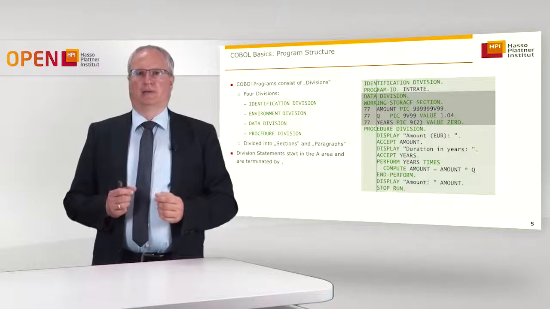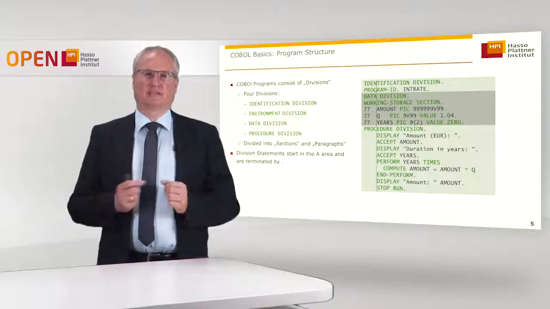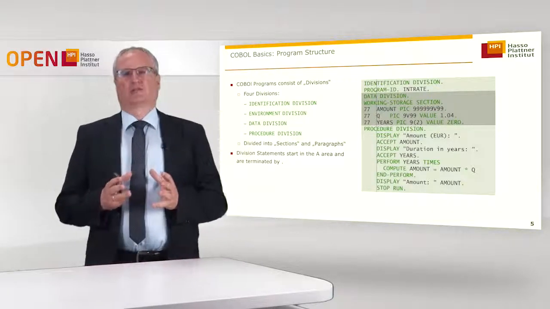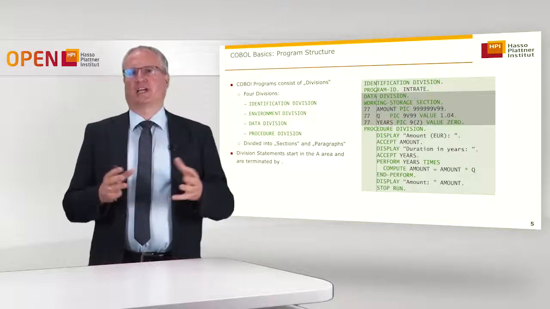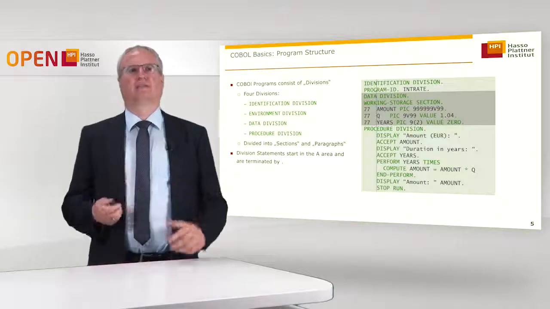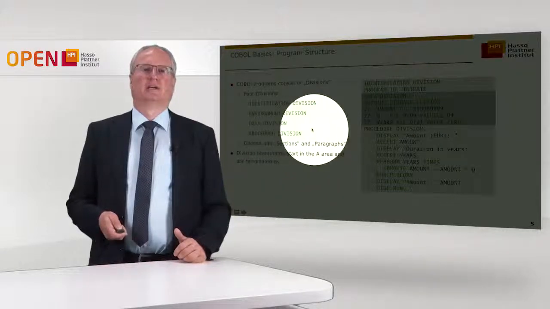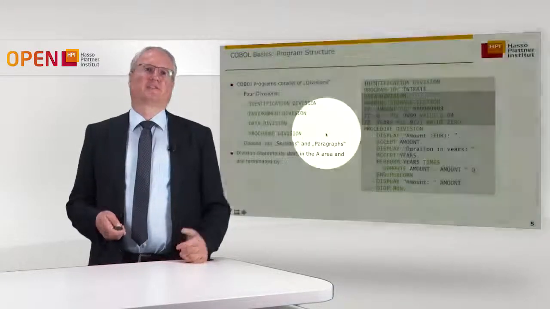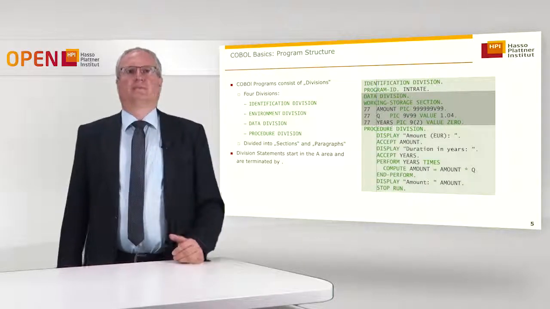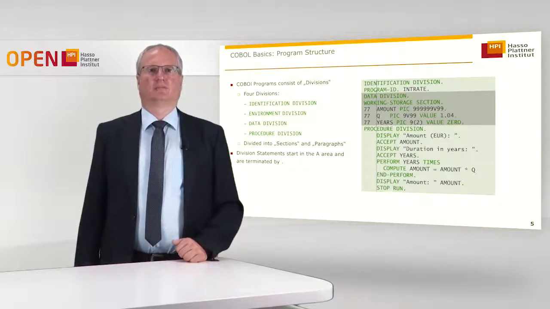And this makes COBOL a very textual language with a lot of words. It also follows the idea of being like an English text, like a book chapter or something. So it has a structure containing divisions, and then these divisions are separated again into sections, and these sections are then divided into paragraphs, like you would organize a document. The 4 main divisions are the identification division, the environment division, the data division, and the procedure division.